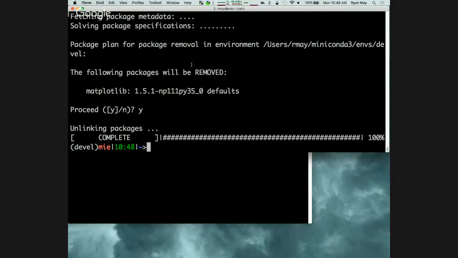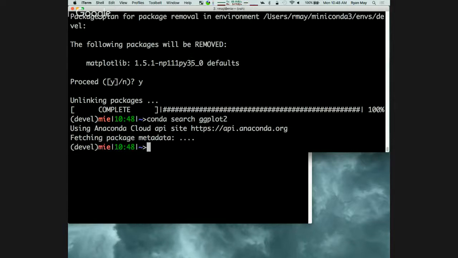Let's see other useful conda commands here. So you were asking about a list of packages. There's conda search. So if I want to search for, what's a good one to search for? No, because that's an R. Yeah.